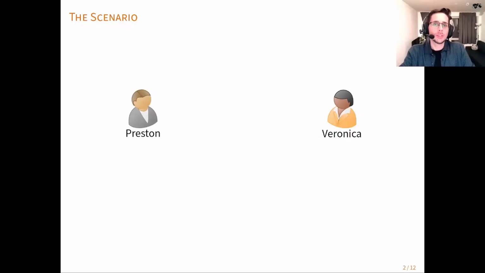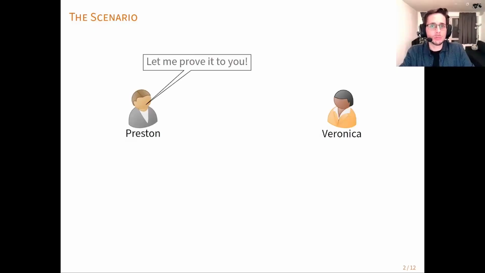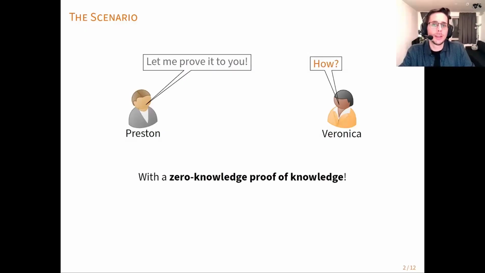But then Preston has this idea, well, maybe if I can show you a secret, maybe I can prove to you that I actually know. And of course, Veronica might be thinking, well, how would you do that? And luckily for the two of them, there is a nice technique for this, and it's called zero knowledge proofs. Before we get into the properties that we want from such proofs, let's just talk about